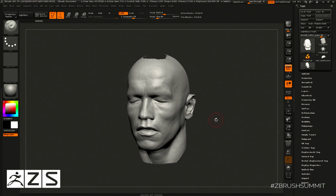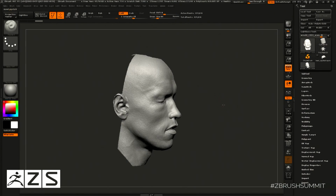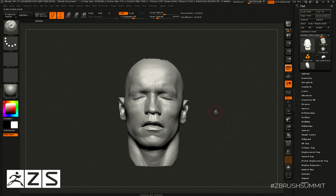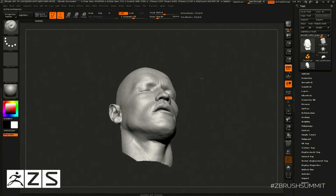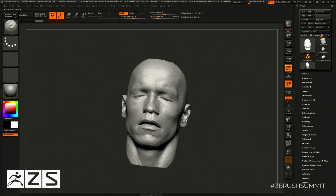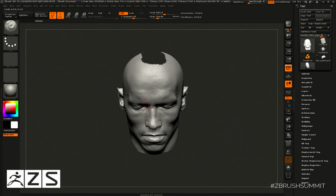It's good for general proportions, and you can see that it's Arnold, but of course there's a lot missing. The back of the head, the full body, no teeth, eyes are closed, and this was him putting his face into some sort of mold. The nose we found out later was not correct, and this basically needs to be totally resculpted. You can use it for general proportions of cheekbones, maybe nose, and this kind of stuff, but